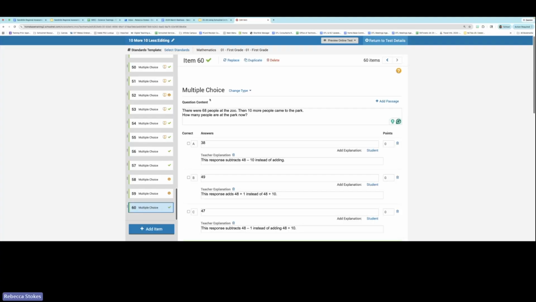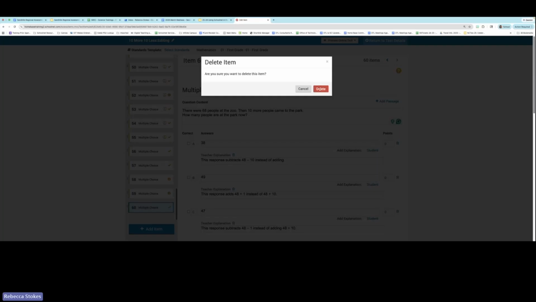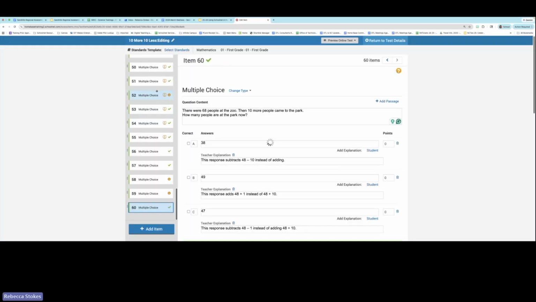It is not linked to a bank. You're not changing the original question in the bank. This is mine to do whatever I would like to with. Okay, so I'm actually going to delete this copy because your other option, if you don't want to make a copy of it, I'm going to go back to the original question,